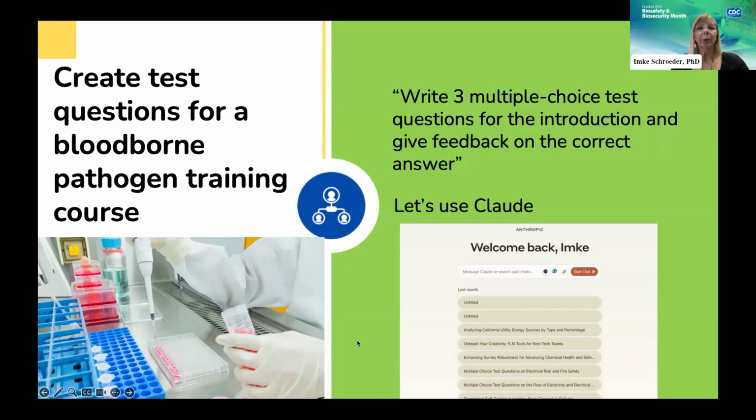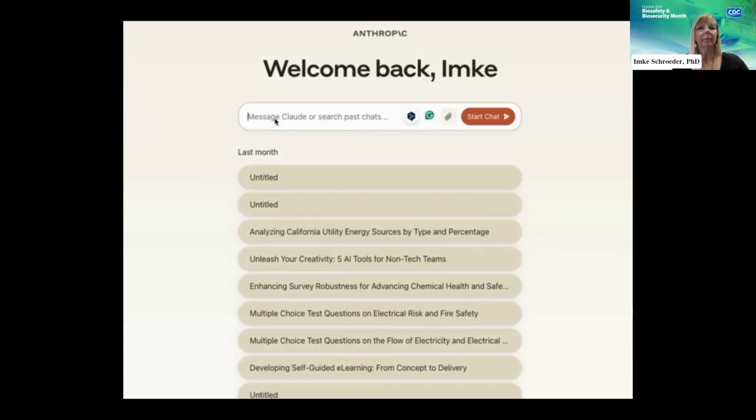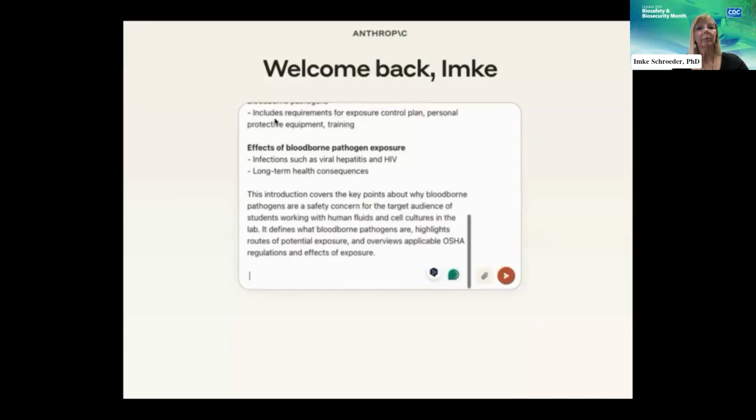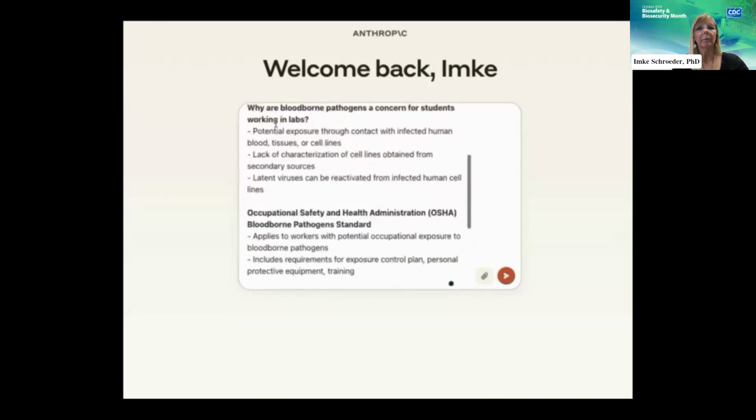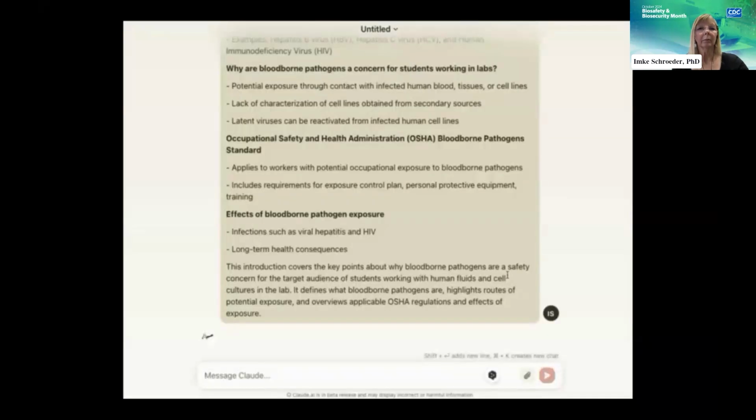I can also use now, and I'm now using Claude to write multiple choice questions, and that's a huge time saver. This is Claude. I am copying into the prompt my query and the fleshed out introduction from Perplexity, and then I hit enter. And Claude generates 3 questions, provides the answers and the feedback for the correct answer.